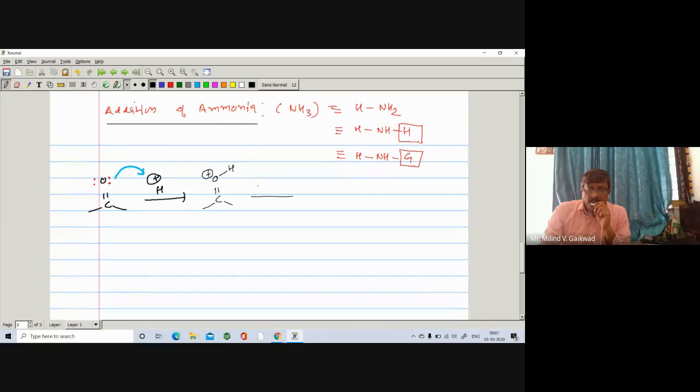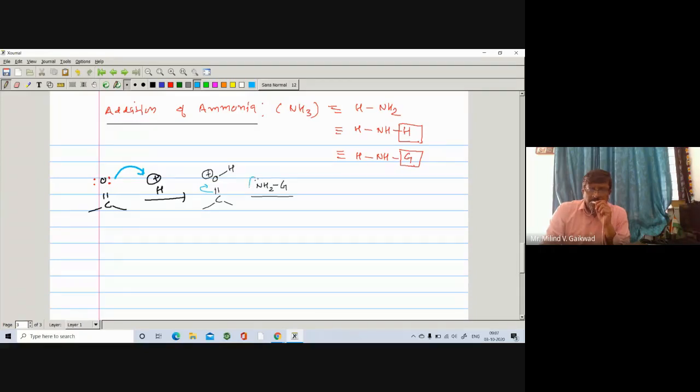So this ammonia or derivative of ammonia. The derivative of ammonia means one of the hydrogens is replaced by the G, right? So I can write this group like this one, NH2 and a G in general, and it has a lone pair. So here the pi bond opens on the oxygen, neutralizing the positive charge, and